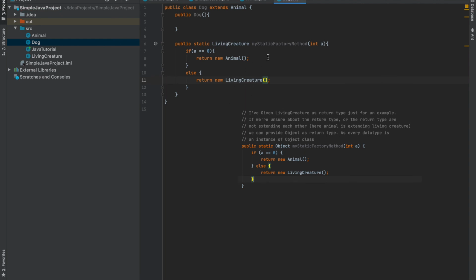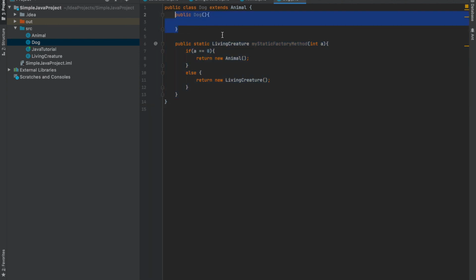So if you see this function, if a equals 0, the return type will be Animal, and if a is other than 0, the return type will be LivingCreature. So according to the input parameters, we can have different return types for static factory methods, but that facility is not present in constructors.